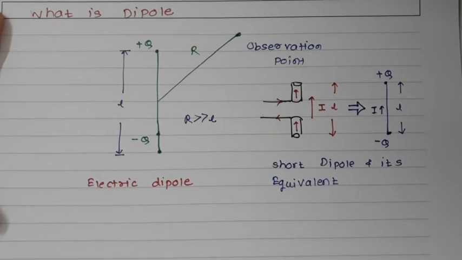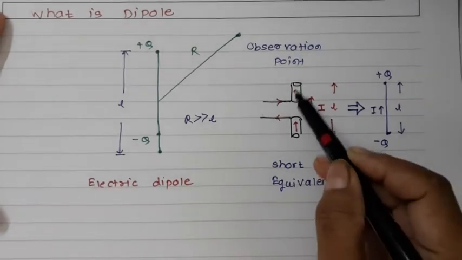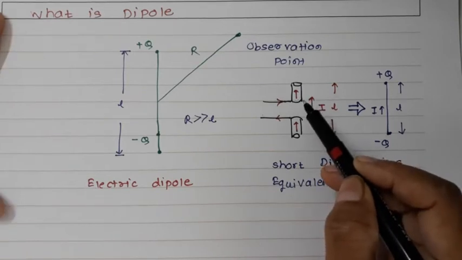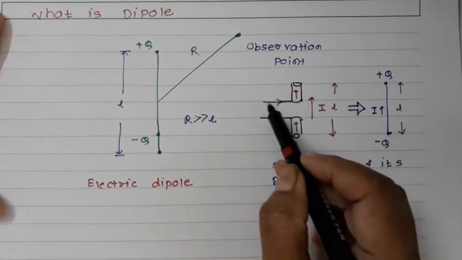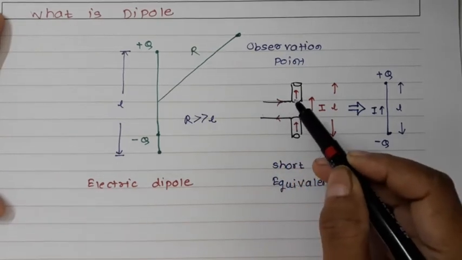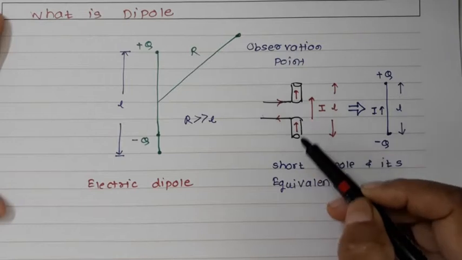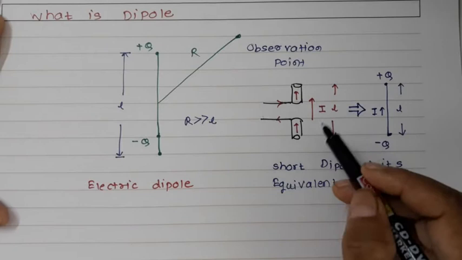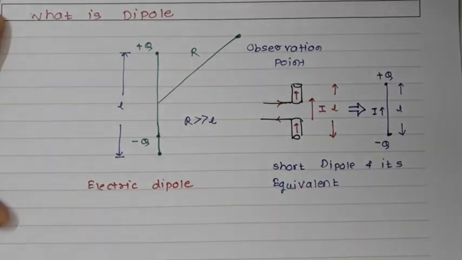Here I am assuming that my dipole is very short. A short dipole is initially in a neutral condition, and the moment current starts, whenever you give some input, the current flows in one direction, one half of the dipole acquires an excess of charge and the other a deficit. So here we can see a very short dipole and its equivalent circuit.